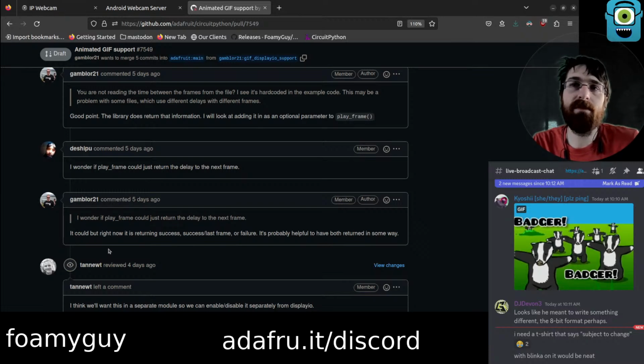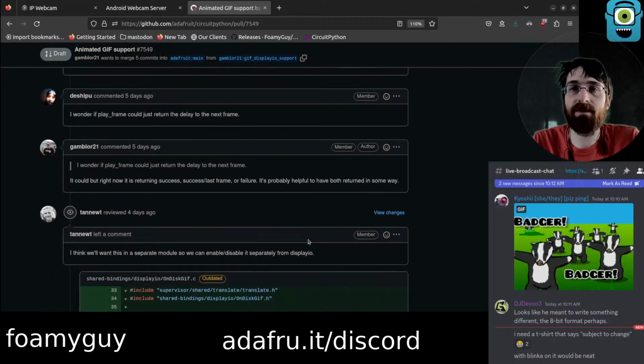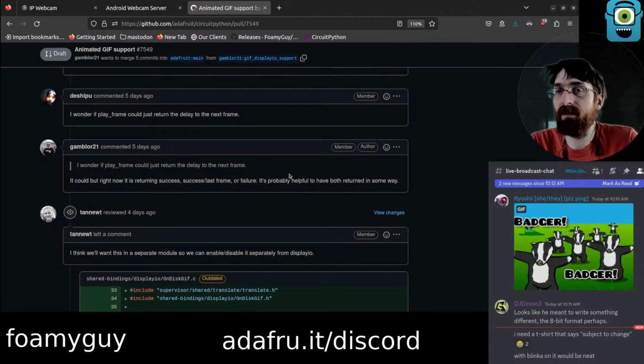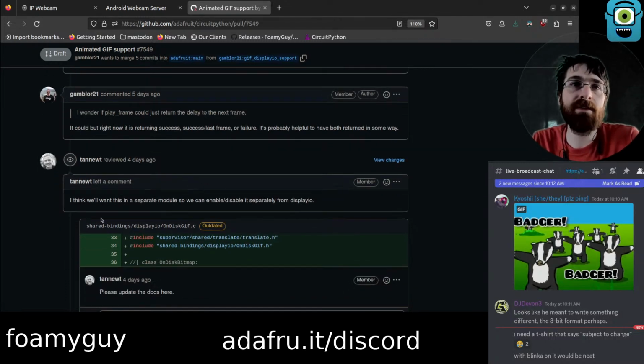Return a tuple, maybe? Is that awkward if it returns a tuple where the first value is success or failure, and the second value is the delay? Or could it be something like any positive number is success and also the delay, and then a -1 or whatever is a failure, and therefore also doesn't, well, but would you need the delay? You might still need the delay though, I guess.